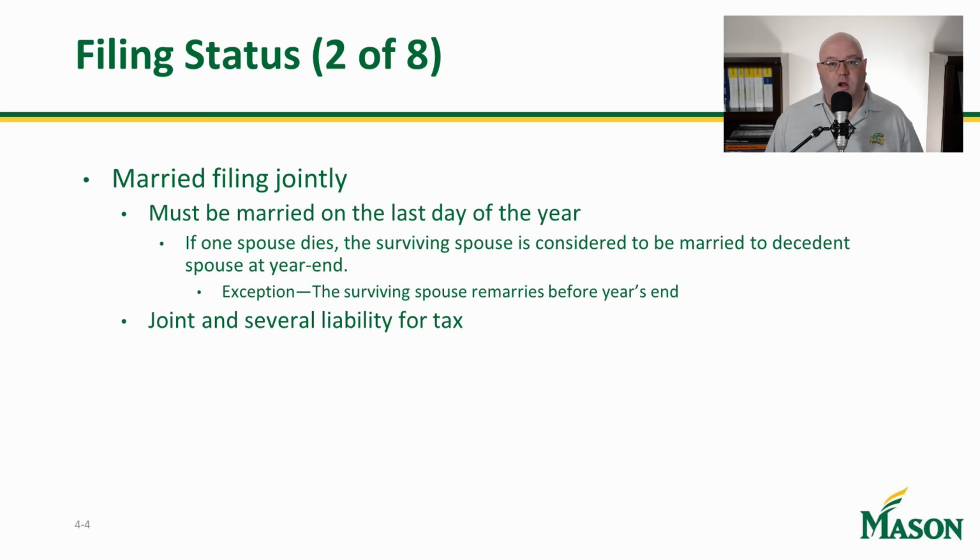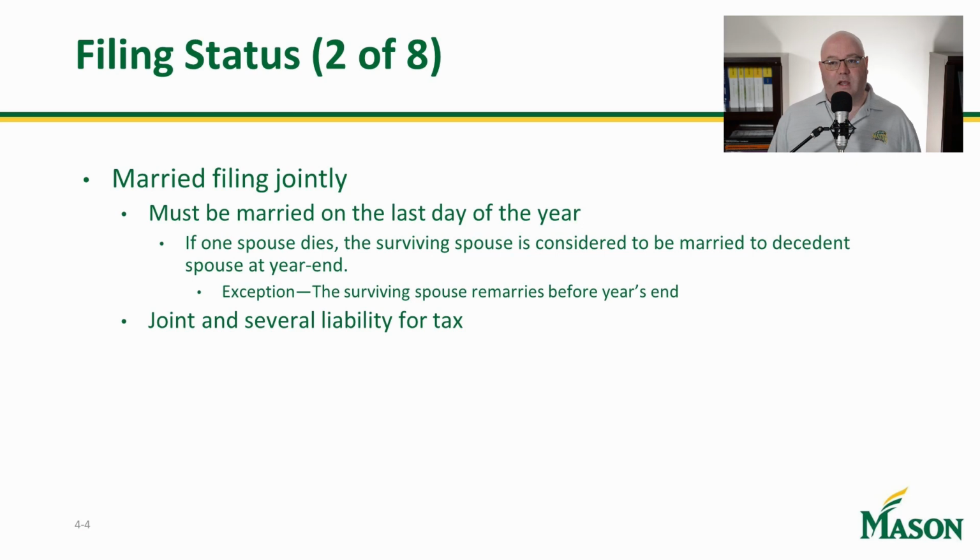In order to be married filing joint, you have to have been married by the end of the year. So if you get married on January 1st, you get married on December 31st, doesn't matter. As long as you're married by the end of that year, you're considered married for that entire year. And so that's actually kind of important, because sometimes you'll get some clients who are